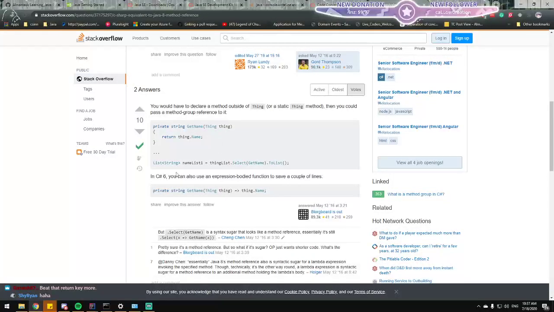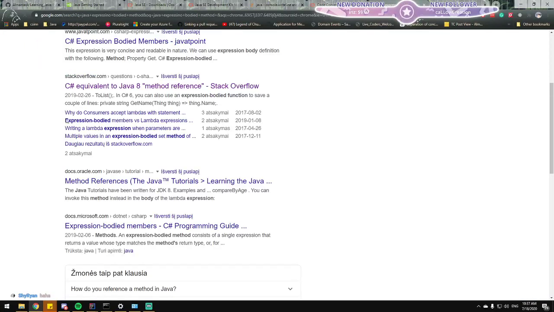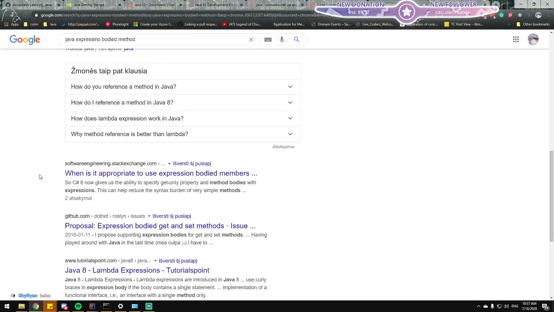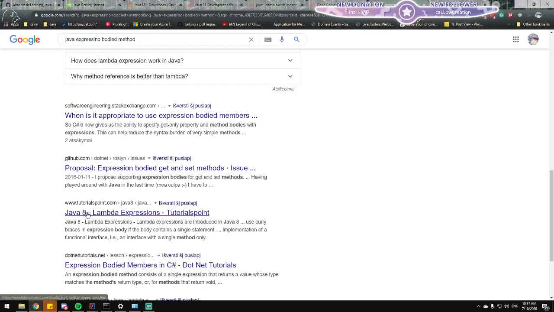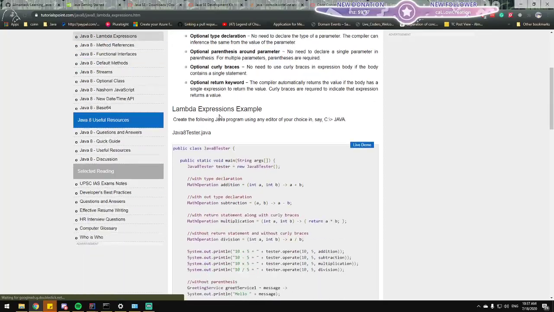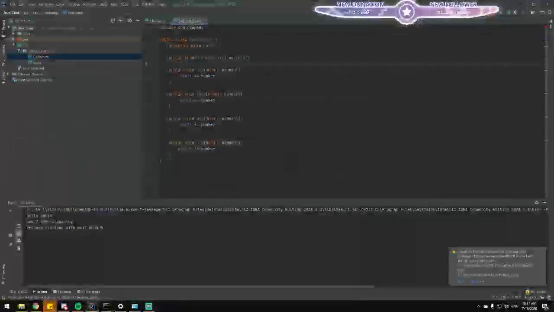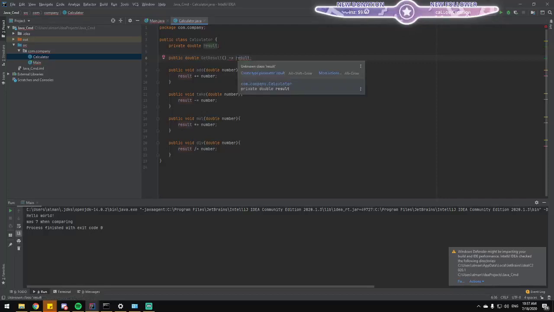The fuck? Wait, what? Method reference. Okay, that's the other way around. Lambda expressions. Parameter expression body. Okay, so it's a different arrow. Does it work? No. Why do this to me? Shit.